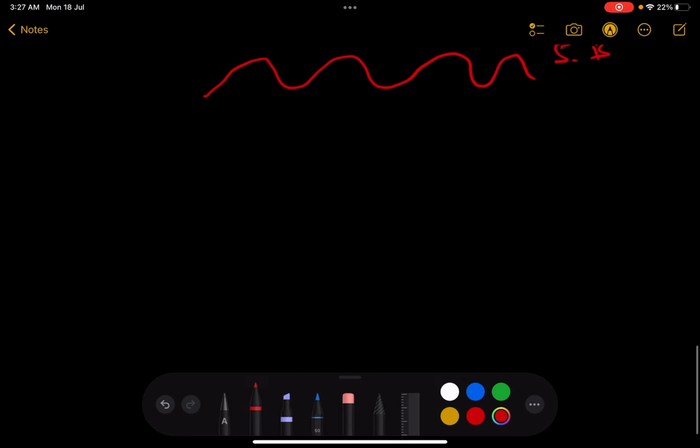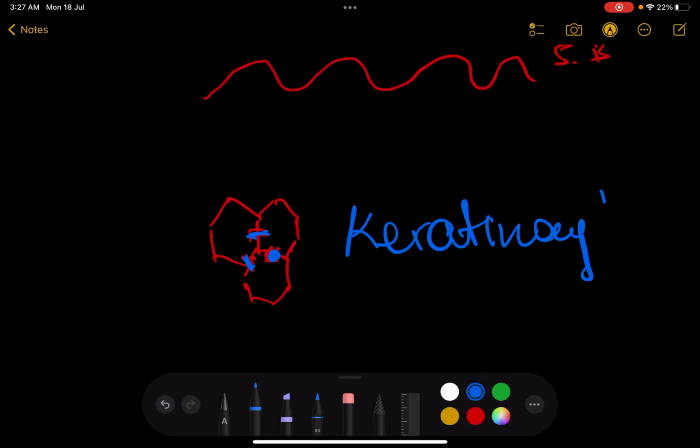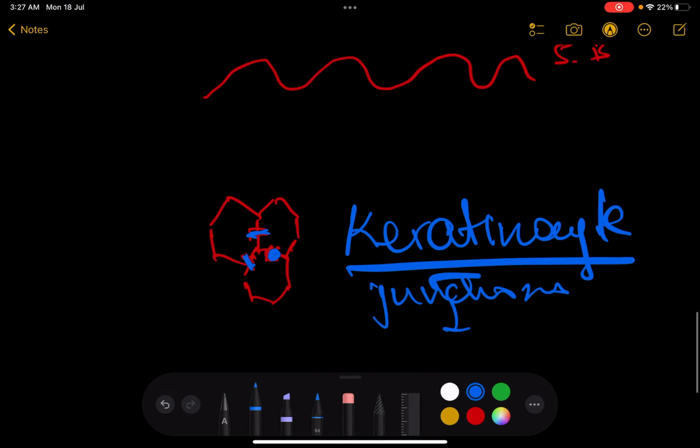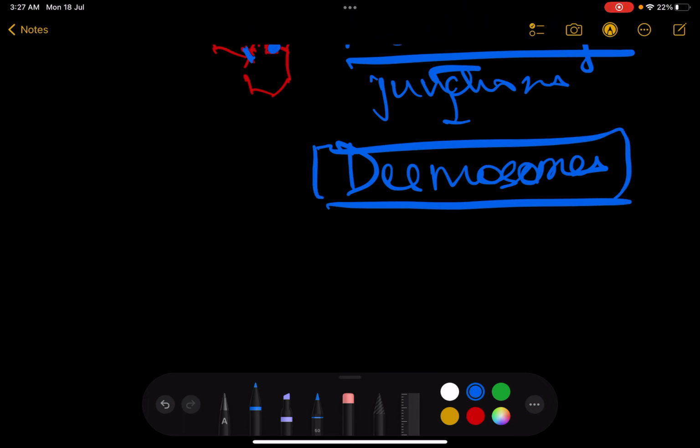Now, what is the problem out here? Let's say these are the keratinocytes that are polygonal. Normally these keratinocytes have these junctions, the ones in blue. The keratinocytes are connected by junctions, and these junctions are nothing but desmosomes, correct? So what happens is that out here in the desmosomes,